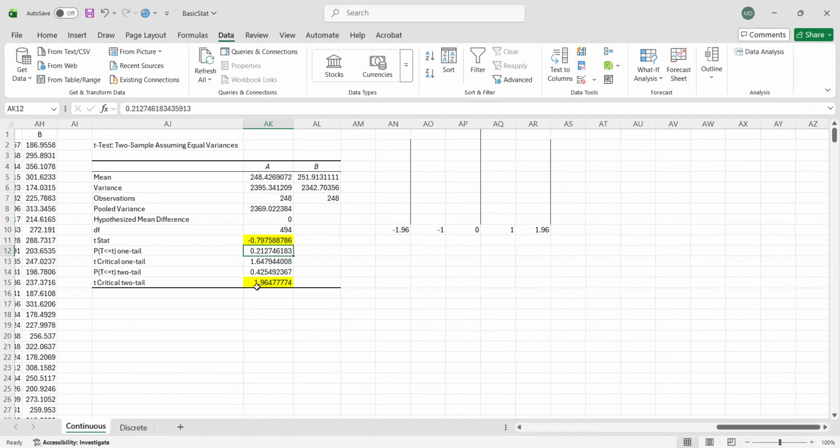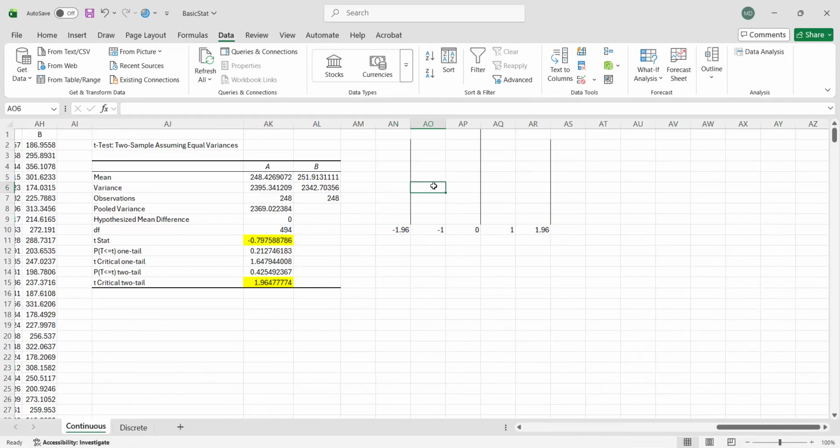So even if we don't know the critical values, we can still determine whether it falls within the acceptance region if the height is higher than 0.05, or the p-value. The p-value of 0.42 is higher than 0.05.